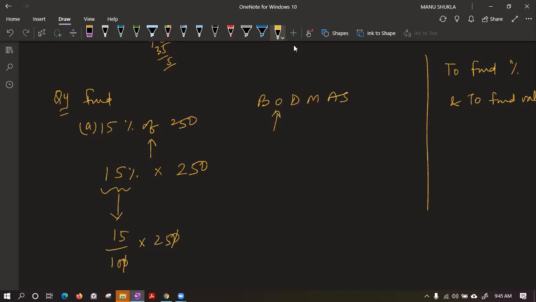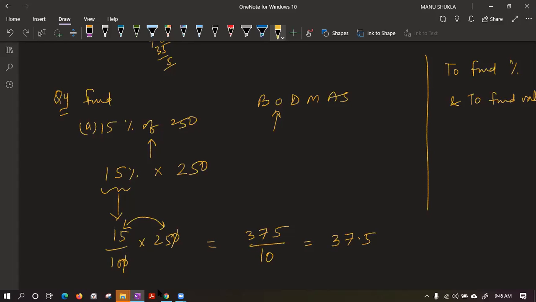We can solve further, but I have told you, if 10, 100, 1000 is there in the denominator, don't cut them, leave them as it is. Multiply these two. Class, tell me, what is 15 and 25? It is 375 upon 10, and the answer is